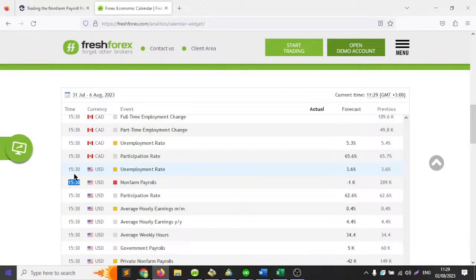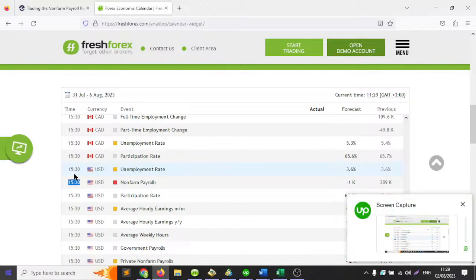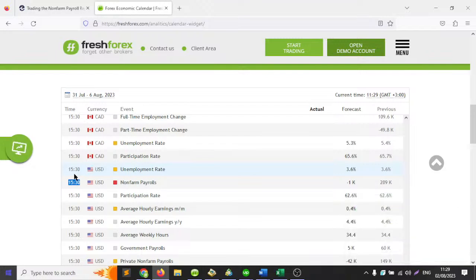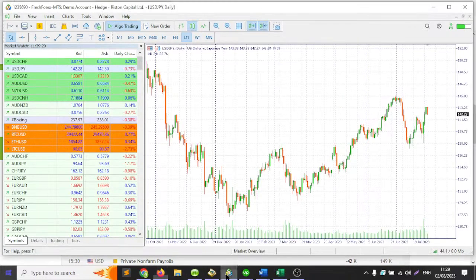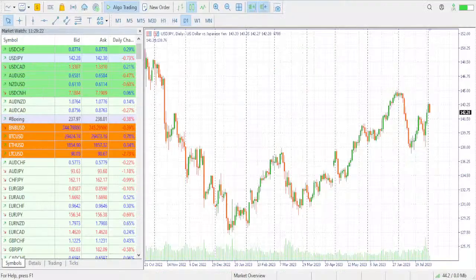But ideally, it is very good if you have any positions, protect them. Protect them just before the news. So 1 hour before the news, protect those positions. So I'll come here. That is 1 hour before the news. This is what you do first of all to set up for the news.